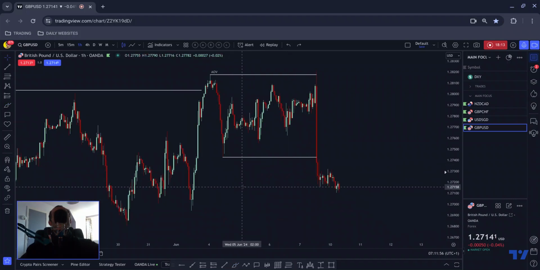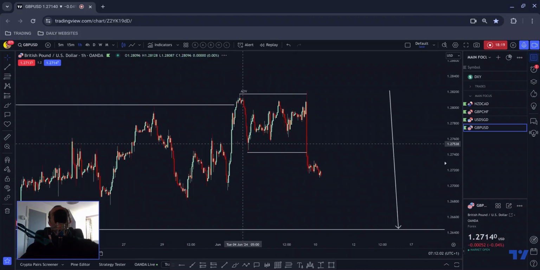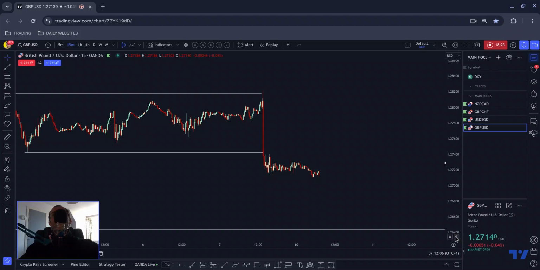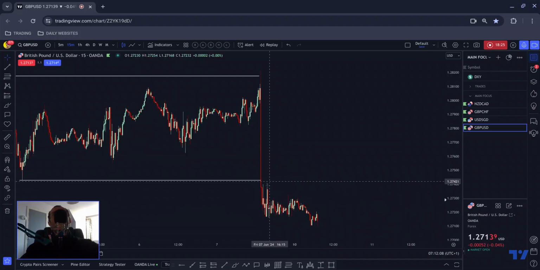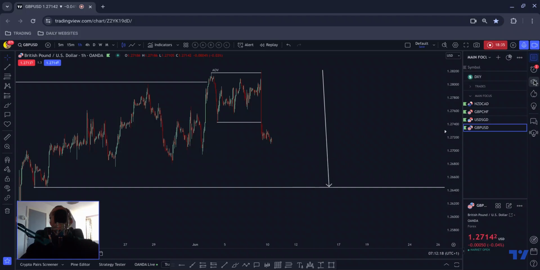So what I'm seeing here is a potential impulse correction continuation to push lower, because we're now consolidating below these lows. Price has left a little bit of a footprint. There's your footprint, sharp move up followed by a sharp move down, and we've kind of correctively moved to the downside. So with that in mind, what I'll be looking for is the following.